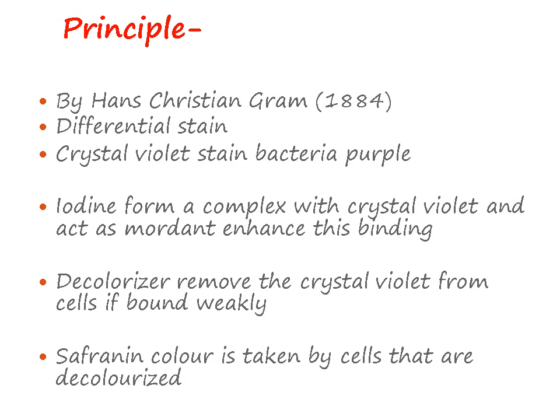So what happens is that the crystal violet initially stains the bacteria purple. All bacteria will be stained purple, whatever it is. Then you use iodine. This iodine will form a complex with crystal violet. This complex will bind with the cell wall of the bacteria. Now what happens if there are gram positive bacteria? They have a different type of cell wall. There is more of a peptidoglycan layer and less lipid. So this crystal violet iodine complex will bind very strongly with the cell wall, and it will not wash away